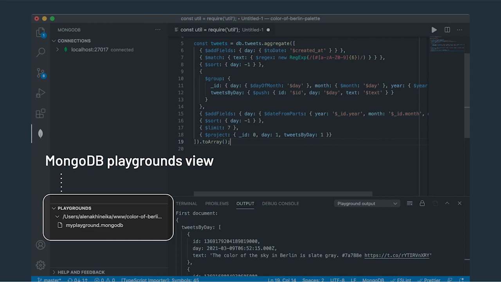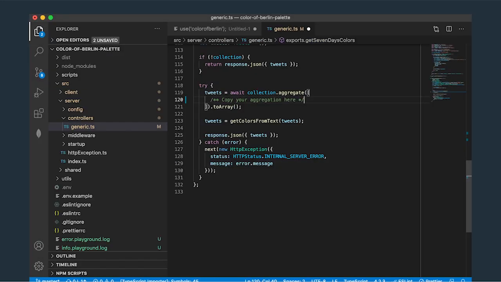If you're happy with your playground, you want to keep it and reuse it in the future, you can save it to the current project and it will appear in the MongoDB Playgrounds tree view. Visual Studio Code interprets all files with the .mongodb extension as playgrounds. So you can create a MongoDB file outside the extension, you can get it from someone else. It doesn't really matter where this file is stored. As long as it has the .mongodb extension, you connect it to a proper database with proper access in order to run these commands. And of course, you can copy-paste the aggregation pipeline to your code when it's ready.